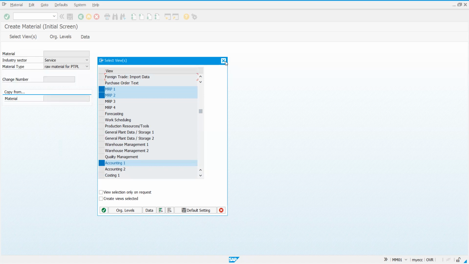Yeah, in accounting 1, as I told you, material type, what we are defining, like raw material for PTPL. When we create a material, that material will be used later for purchasing. That material number we use in PO and other documents.